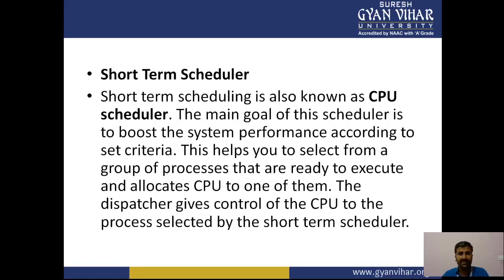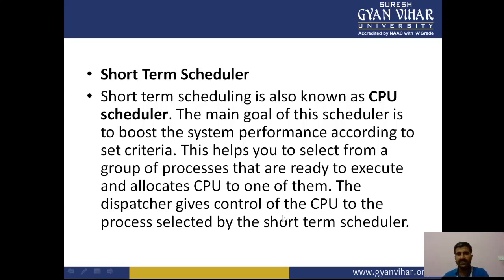And now after that there is the short term scheduler. The short term scheduler is also called the CPU scheduler or dispatcher. It selects a process among the processes that are ready to execute and allocates the CPU to one of them. That means the STS, short-term scheduler, CPU scheduler, makes the decision of which process is to be executed next. So it works from the main memory to the CPU. Very important point.